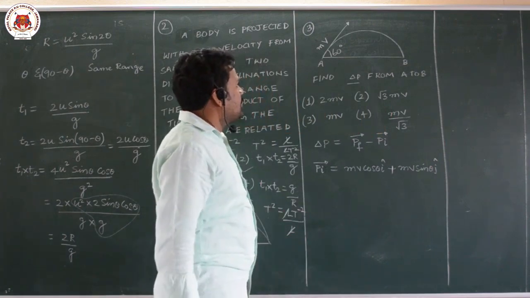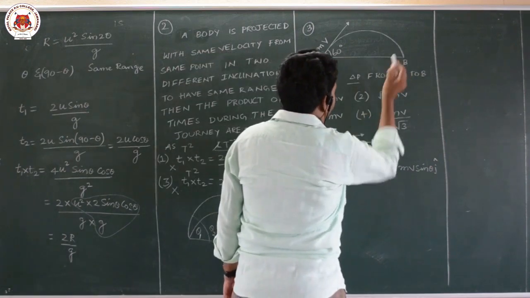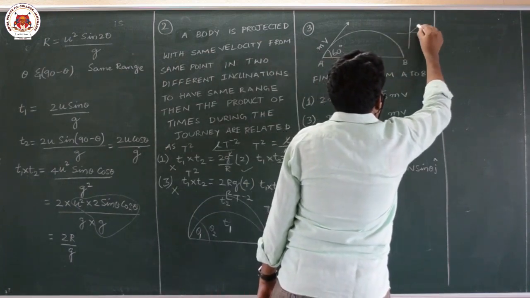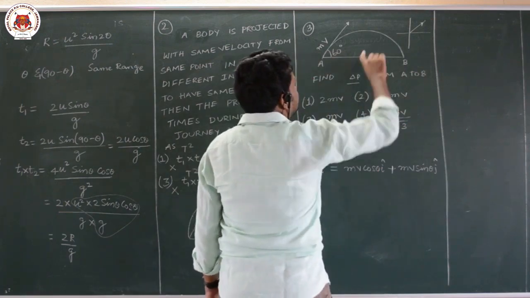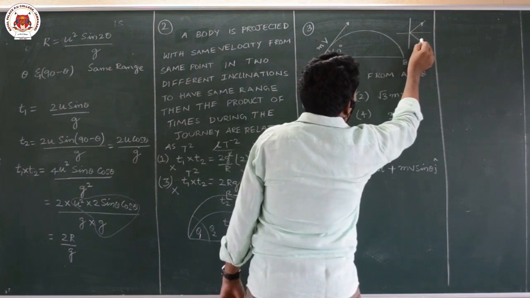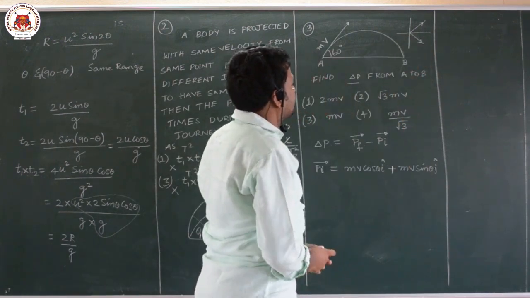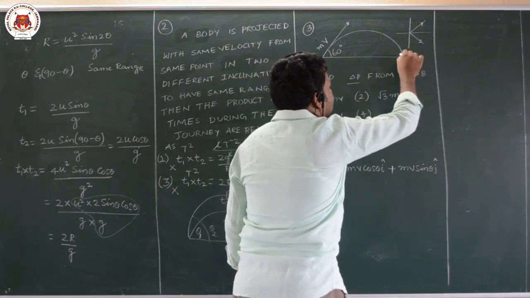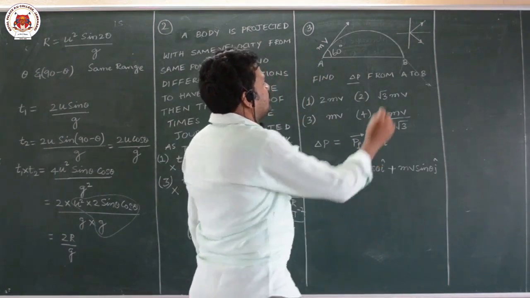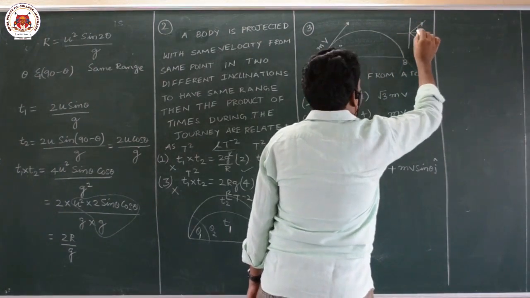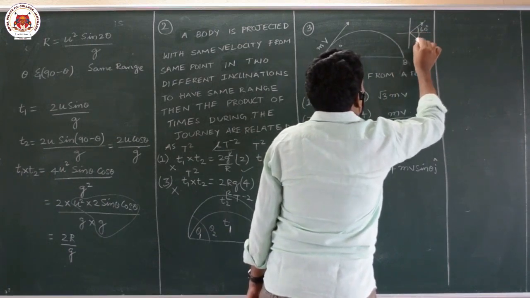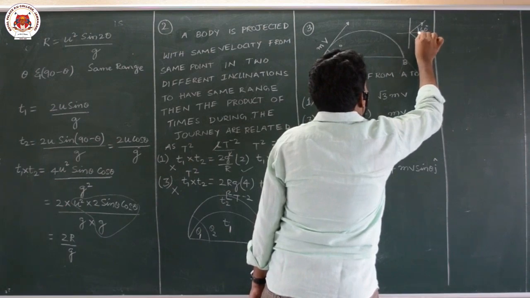This is the initial momentum. Now, you can observe in vector notation, the initial momentum is in the first quadrant like this. Now, when it is reaching point B, it is in this quadrant, correct? You can draw a coordinate system here and observe it is in this direction, and this is in this direction. So, here this angle is 60 degrees, this angle is 60 degrees, this angle also 60 degrees. So, what is this angle? It will be 60 degrees.